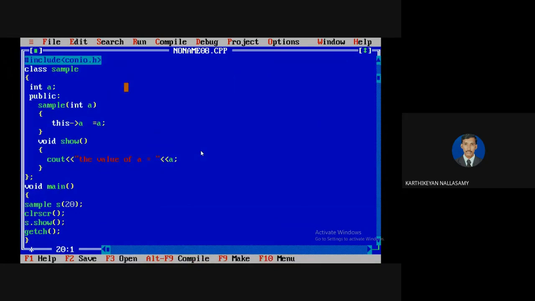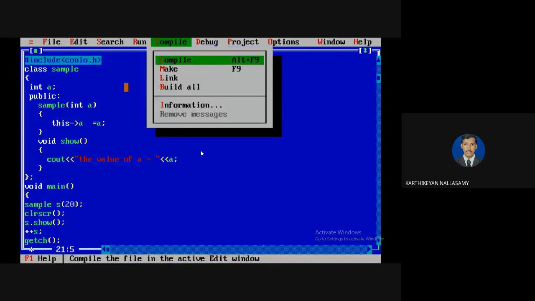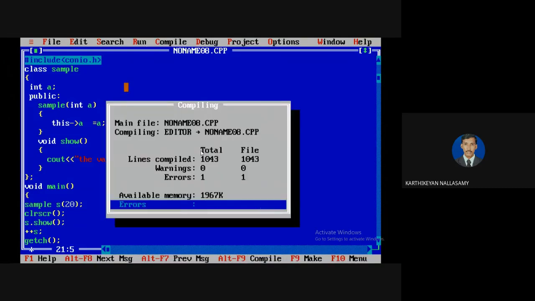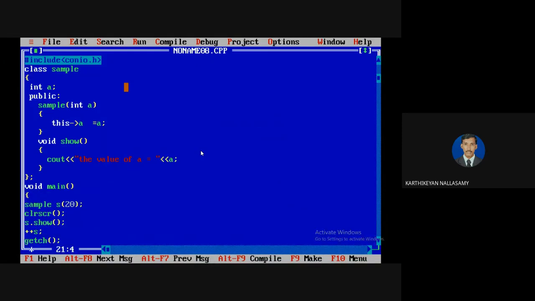Okay, now I'm going to apply the concept of pre-increment. You know that if you compile it, surely there is an error message, illegal structure operation, because we are unable to perform the operation on a user-defined data type. It is an object, so it is called a user-defined data type. If you want to apply the operator on a user-defined data type, we need to implement the operator overloading function.